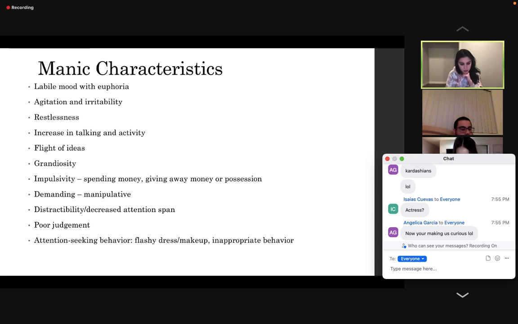So, flashy dress, makeup, and inappropriate behavior. Very common. When you go to the site, please check out what they're wearing and what their makeup looks like. This is a form of mania. We had a patient who would do her makeup. She would take her red lipstick and that would be her blush. She would just take red lipstick and go like this, where the blush goes, okay? Black eyeshadow, one side of the hair with a ponytail, the other side was down, underwear over her shorts, bra over her shirt, okay? Flashy dress, flashy makeup. That's a form of mania, and it's funny to watch.